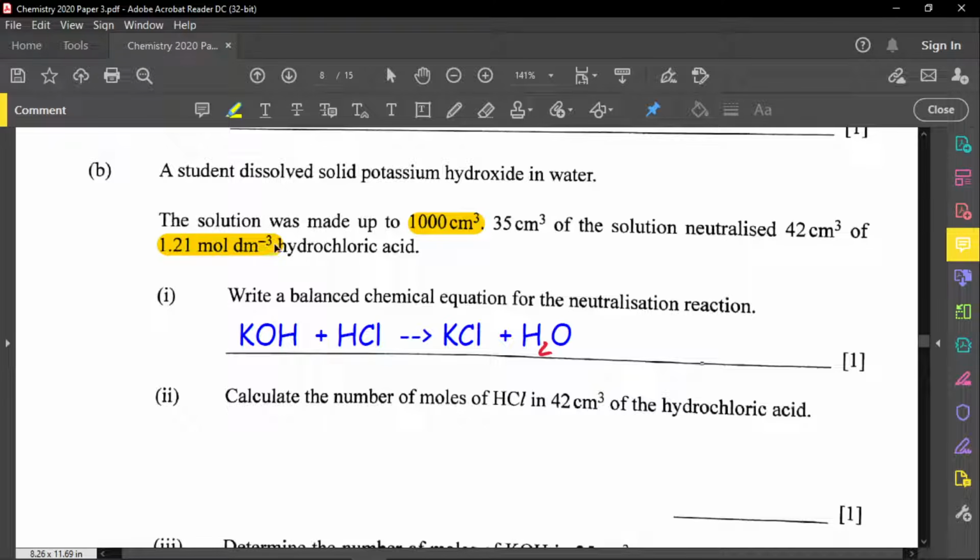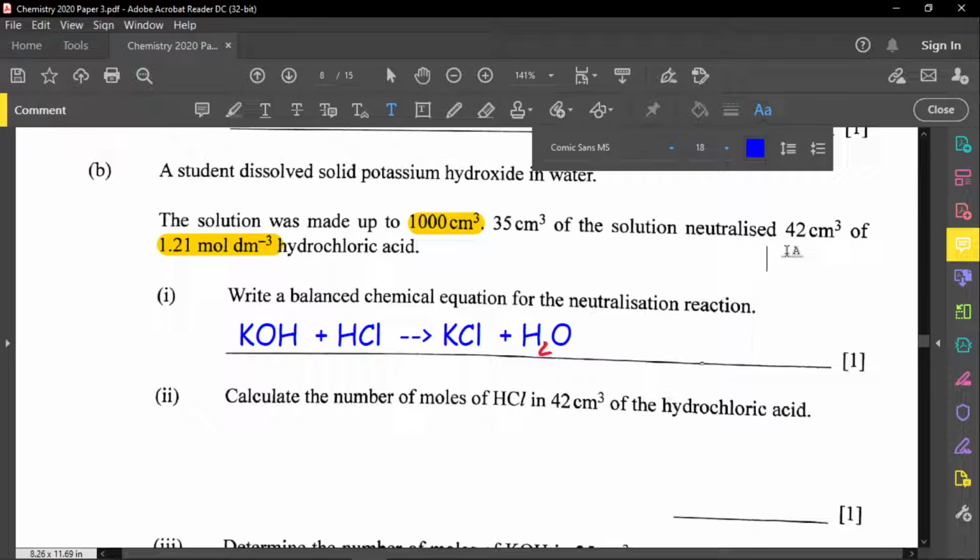All right, so the first thing I want to point out before I start any calculation is that this is in dm cube, right? So this is per dm cube, this is centimeters cube. Before you start that calculation, convert your volume of the hydrochloric acid right here into dm cube as well, because you can't multiply dm cube with centimeters cube. So you make this dm cube by dividing by 1,000. So I'll make a note right here that this is also